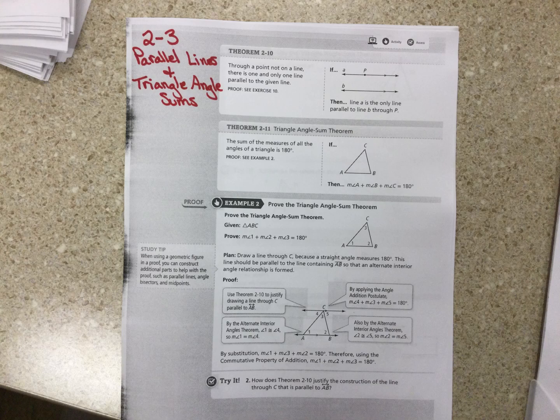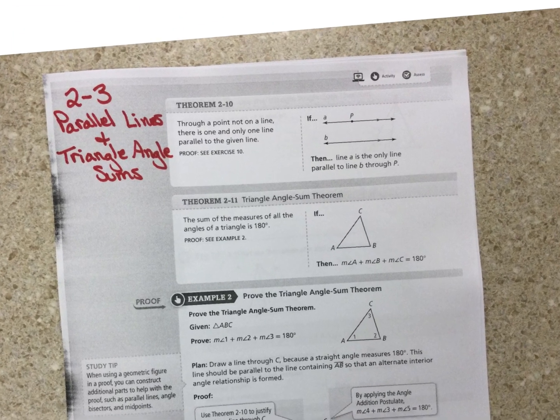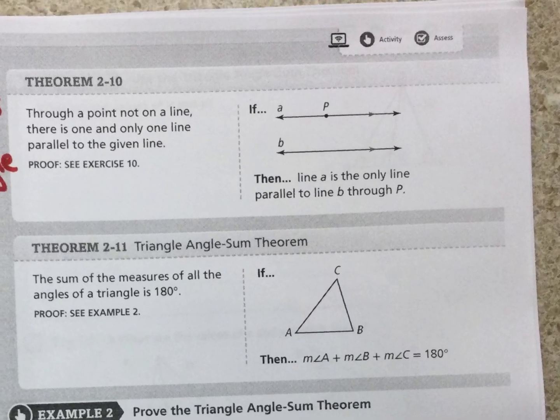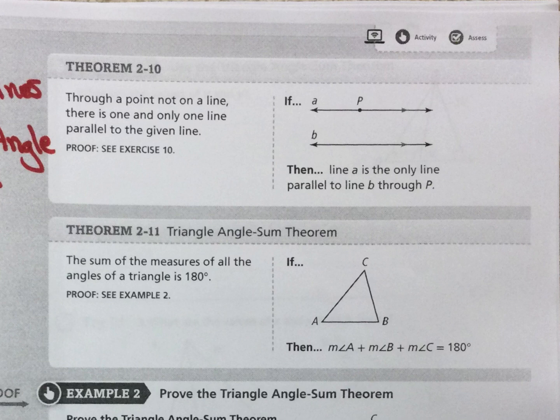Okay, so 2-3 is parallel lines and angle sums. So theorem 2-10: through a point not on a line, there's one and only one line parallel to the given line. A lot of words. But let's look at it: line A is the only line parallel to line B through P. So if you think about this, what they're saying is,